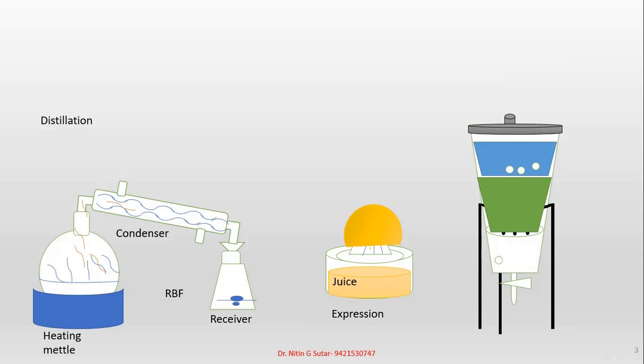Whenever the liquid is to be drained, you have to open the lower bottom knob. After the liquid starts draining, you have to close the knob. Then allow the other liquid to fall in or collect into this one, and in this way all the active chemical components should be collected. This is how the percolator works.